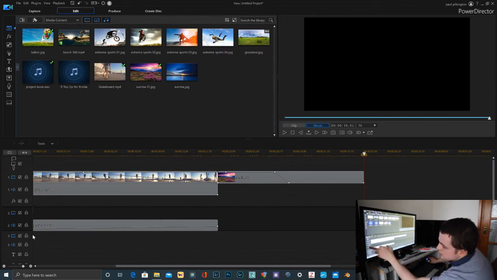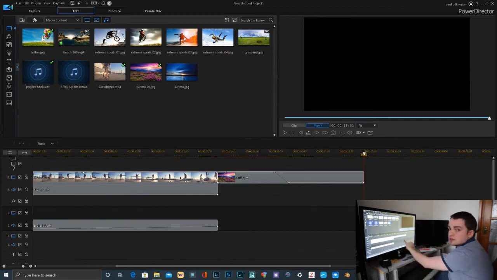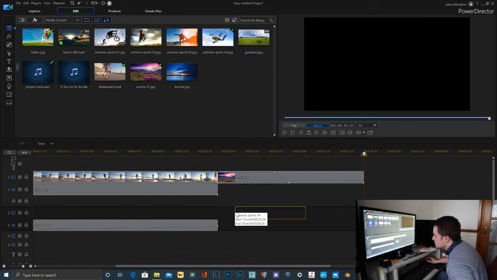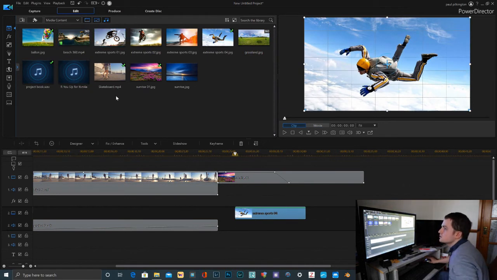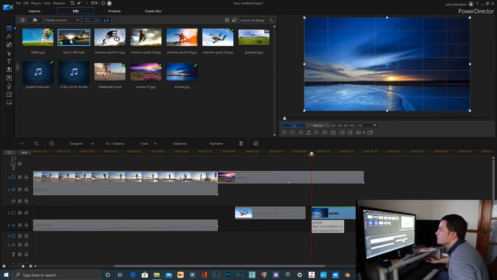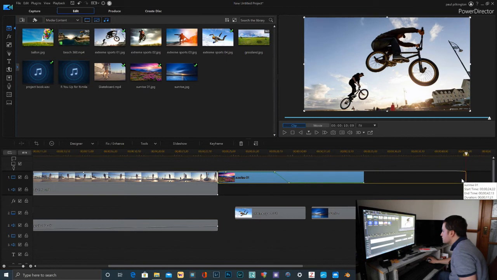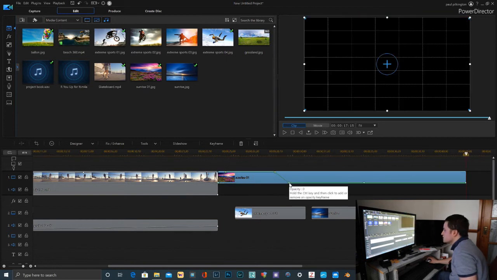But here, these little tracks with dotted lines in, a rectangle with dotted lines, those you can add images or videos to. So we go to, say, extreme sports and add in around there, and then go to sunrise, add that one in, and then go to extreme sports again, but this is a different one, and then stretch this along so it lasts the entire section. Bring this up,